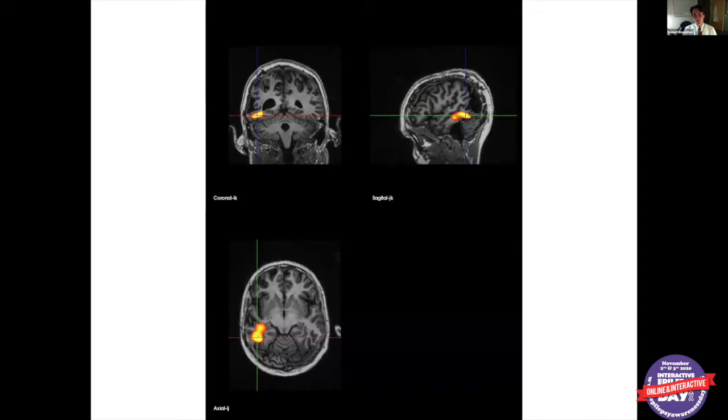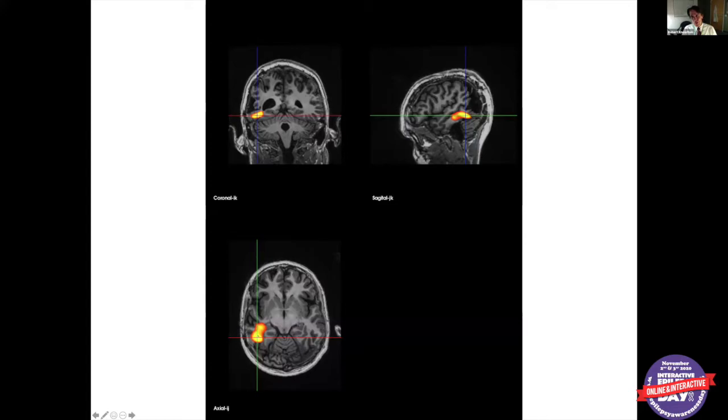This is just an example of a patient I showed up earlier with MEG. This is an Ictal SPECT scan. This is a patient who had surgery before that failed. I mean, it helped the seizures a little bit. His surgery was based on intracranial recordings. It was very well done, but it still had seizures. And lo and behold, now we know